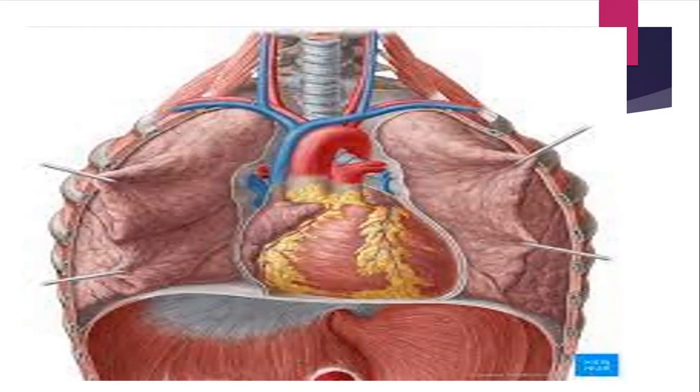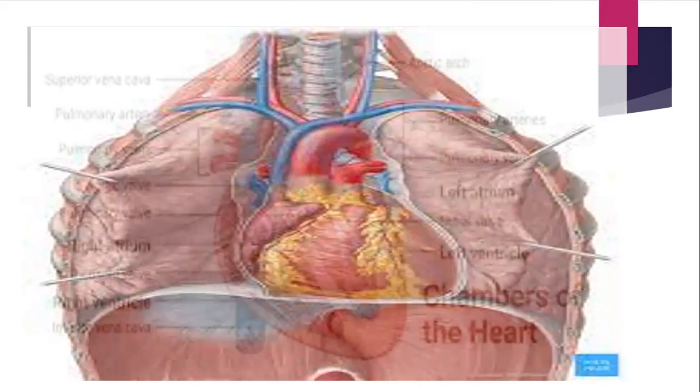You see the heart is in the thoracic region, more on the left part of the chest, and it is sandwiched in between the lungs. And also remember the blood vessels; posteriorly, it has the vertebral column, and also the diaphragm is there. The diaphragm is there, in the rib cage. Okay, so